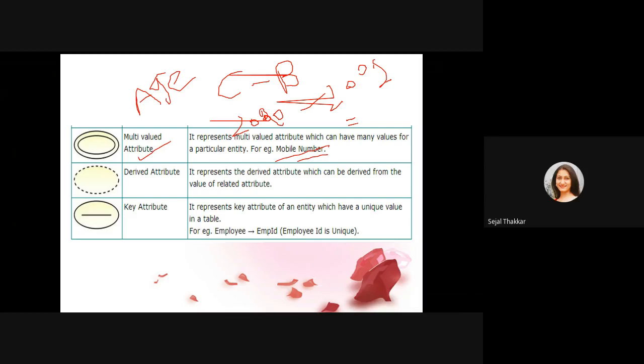And the key attribute is one which has a unique, not null value, which cannot be duplicate and which cannot be null. For student, this is the student enrollment number. For employee, it is the employee ID. For book, it is the book ISBN number, which can never be null. Null means nothing. Zero can't be considered as null. Zero is one value, so you cannot say that zero is null, right? So the attribute which has a primary value, a worldwide unique value.